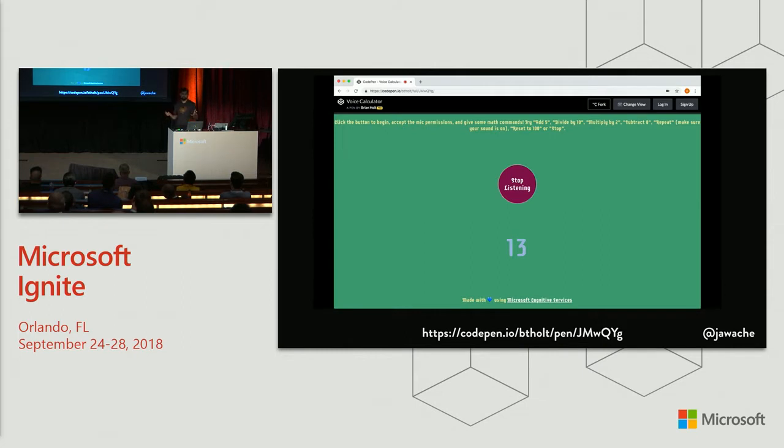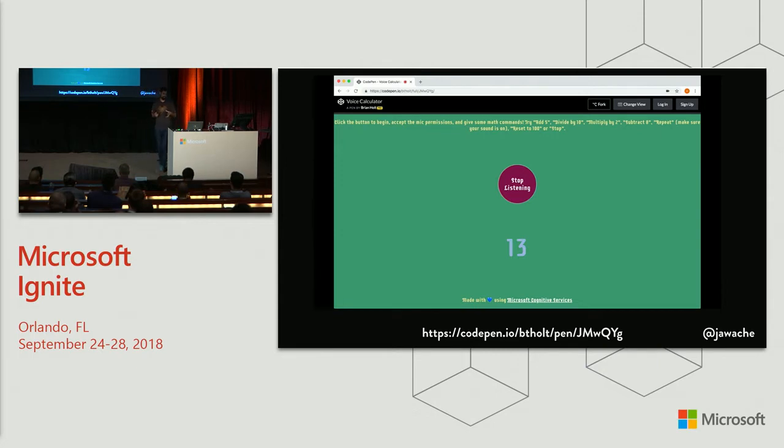Okay, so it's a pretty simple demo. It's just a CodePen, you can go and try it out. It's just a voice-powered calculator, okay? Now, it's doing two things. First off, it's converting voice to text. And in fact, we have an API for that, but it's actually using the browser-based Web Speech API to do that. But then to understand the text and perform calculator commands, it's using another one of our services, which is the LUIS APIs.